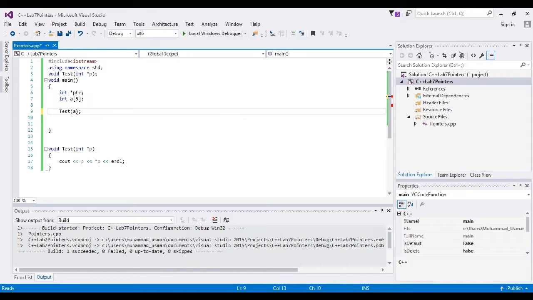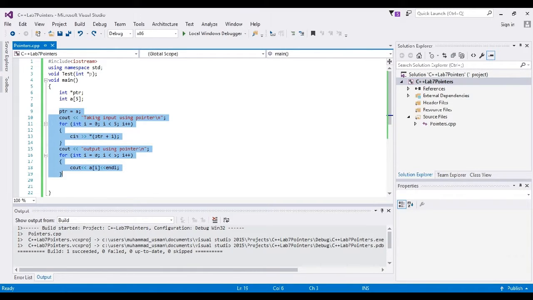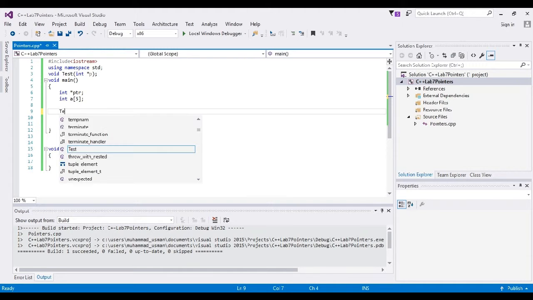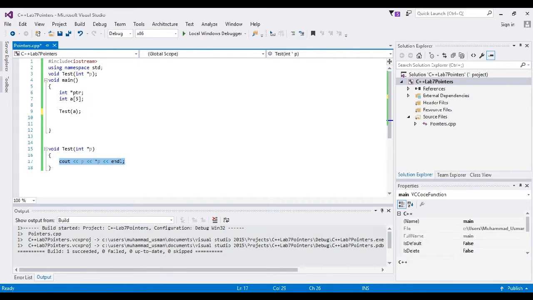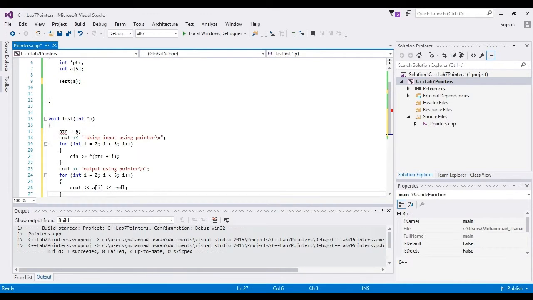So similarly I just have to write the name of the array, and here my pointer is representing my array A. Now here I just have to write the same code which I have. Let me copy that code, and now I'm going to write test and pass the variable A, which is actually my array. Now here I just have to write the same code again, but in this case my static ptr is